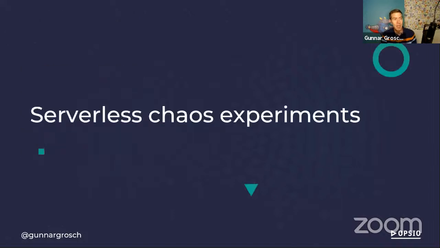All right, so then let's look at what we can do in regards to chaos engineering for serverless. Creating chaos experiments for traditional infrastructure can be fairly easy. We can shut down instances, we can destroy pods, we can cripple network traffic and so on, because we have control over the underlying infrastructure. But when we design chaos experiments for serverless, we need to think about it in different ways. So we have to be a bit creative here.